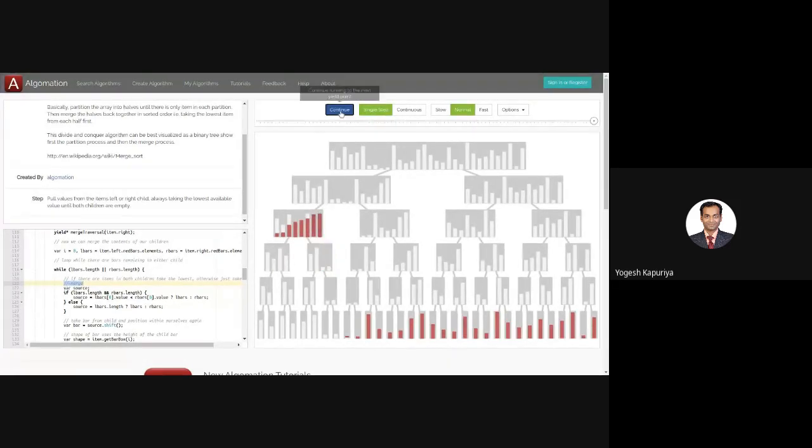So like this, if you observe, you need to understand how the algorithm runs actually. I think that gives you a good picture of how the actual merge operation takes place. You can observe that whenever it is being merged, it is done in such a way that the resultant is always sorted.